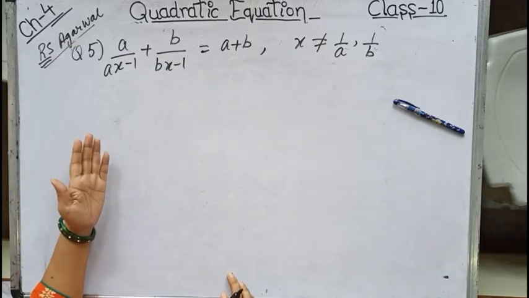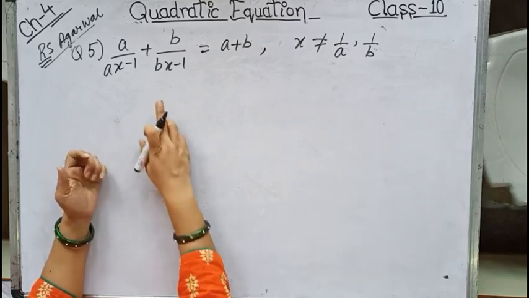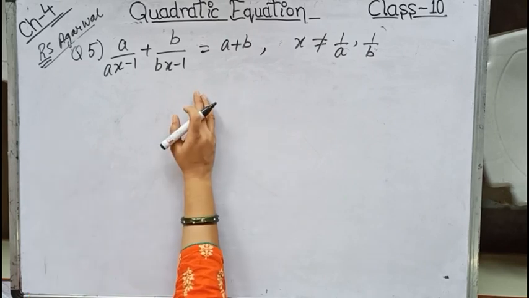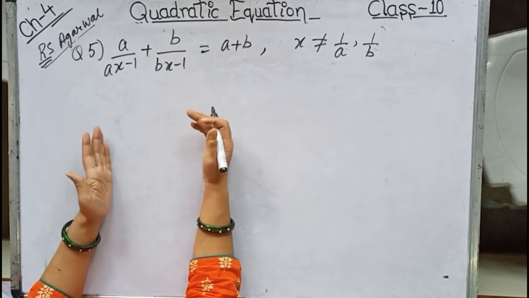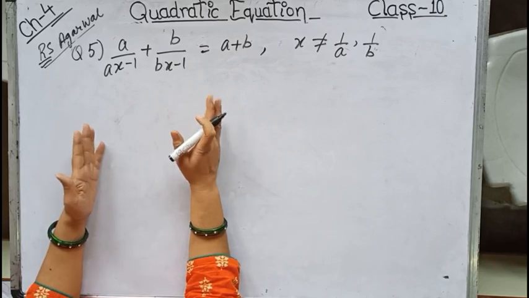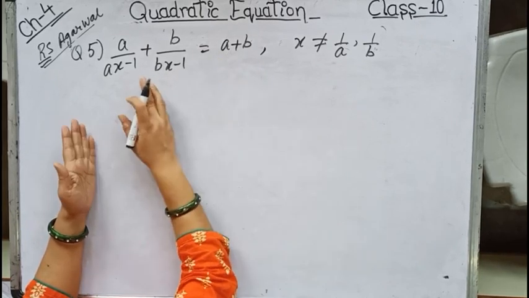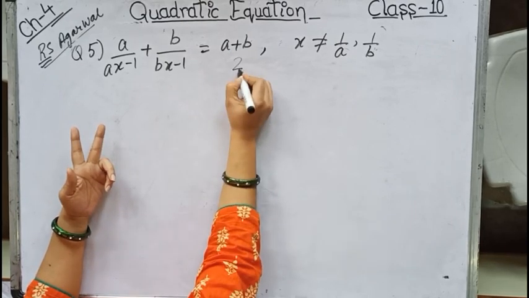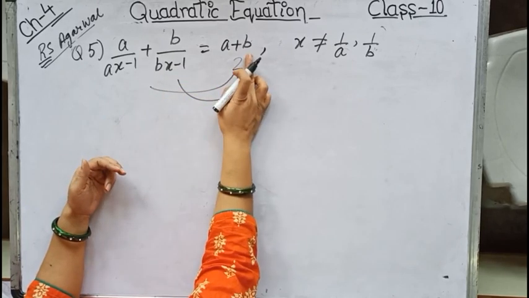The next sum which I have written over here is a by (ax minus 1) plus b by (bx minus 1) equals a plus b. It is question number 70 in my book of the exercise questions. Children, I am taking all types of questions, so you practice all the sums of RS Aggarwal as well from this chapter. Over here in this sum, we will be shifting this a and b. One more sum I did in which 2 was written, so 1 and 1 was given to both the terms. Here it is written a plus b.